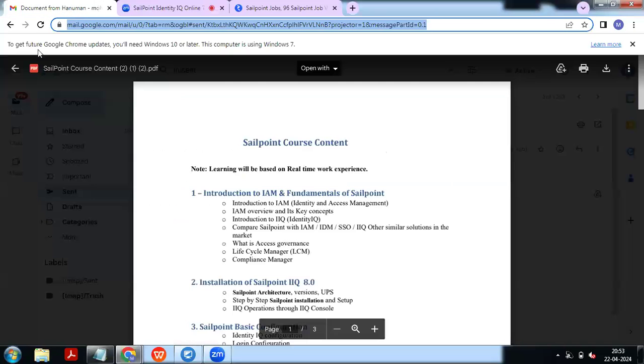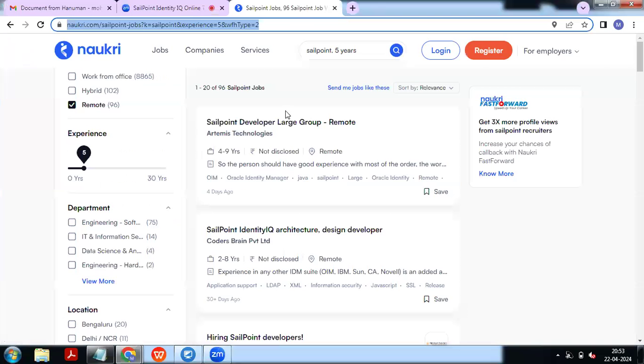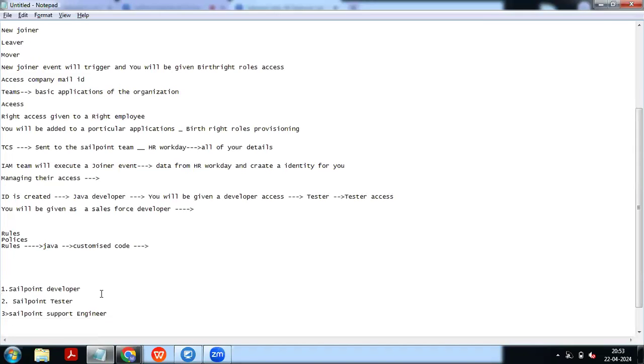I mean, what kind of work can a support engineer, tester and admin do? A developer, as I already discussed, does customizations: customizing the existing code, or adding a few code lines, or defining new rules or policies, or modifying existing configurations.